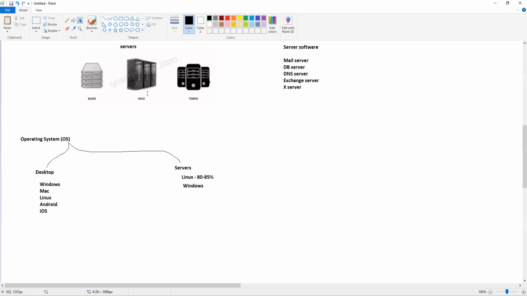On the server side you have Linux, which is dominating, and on the desktop side you have Windows, which dominates. Other than that, there are a few more operating systems, like AIX and Solaris, and I think there is a new one from Mac as well within the server. But right now the dominant one is Linux, and BSD is also there, as one of the servers. Linux is a very dominant operating system, and it is the server we should know.